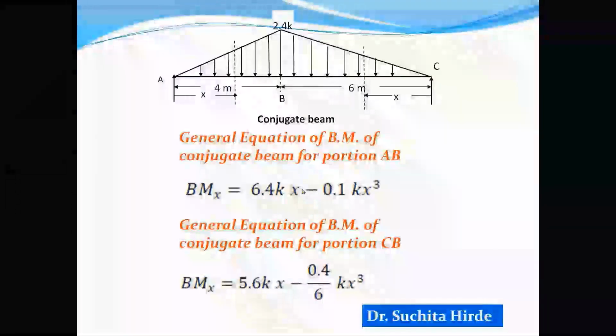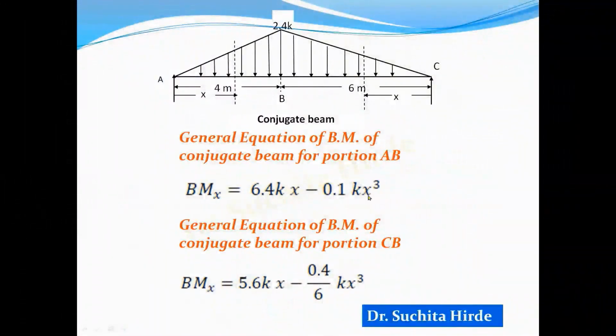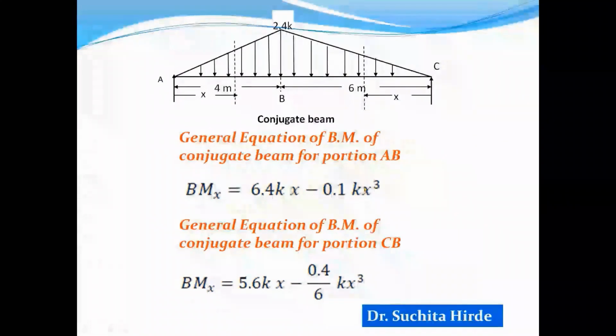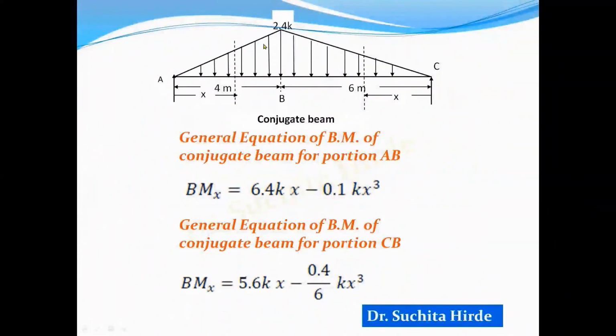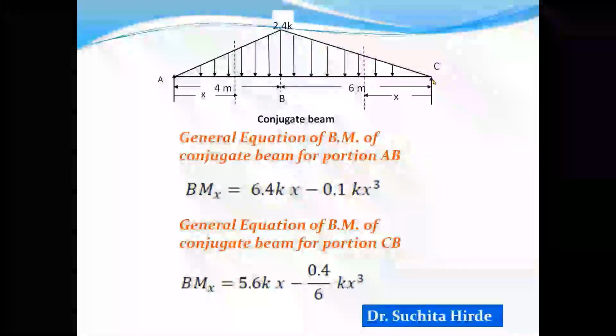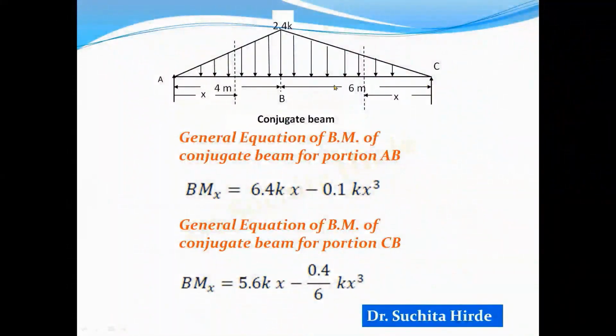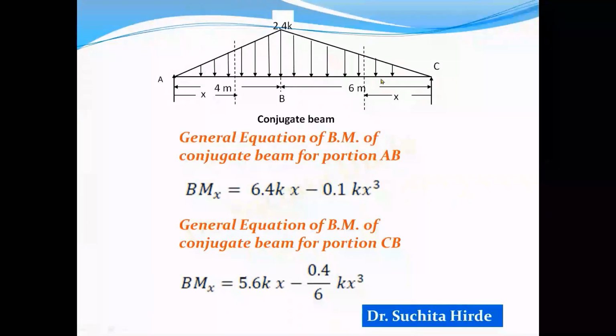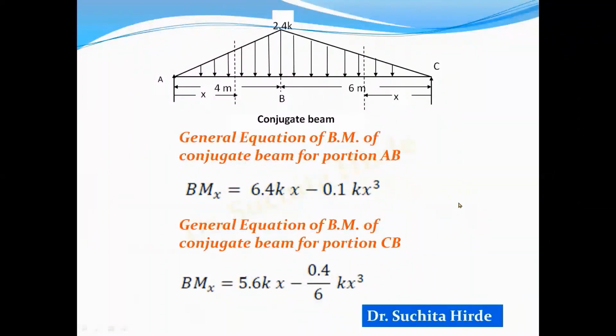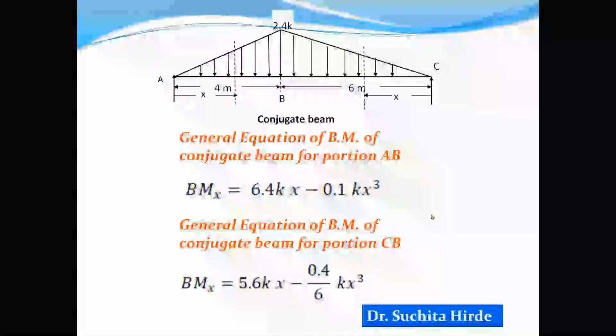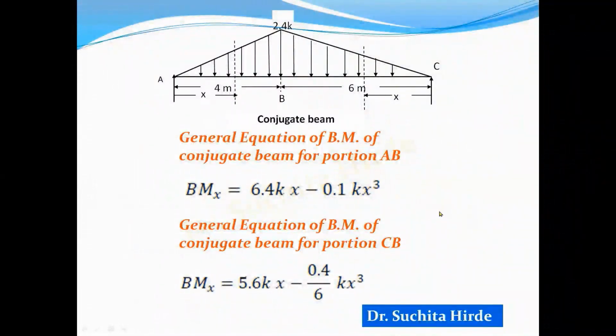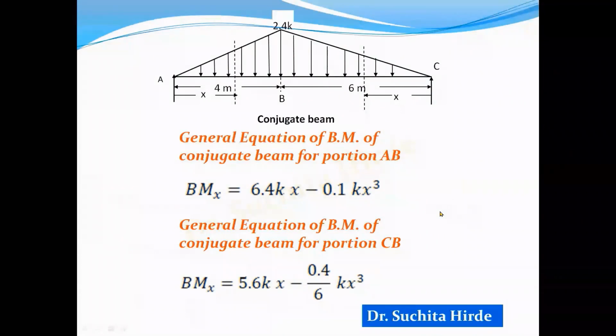Now what we are going to do? We are going to just substitute the value of x. If you substitute value of x as 1 meter, 2 meter, 3 meter, 4 meter, you will get ordinates here. Then in this equation, remember that distance is measured from C. So for this point, you have to measure from this and substitute value of x, you will get ordinate on this side. So instead of calculating for each value, we solve this in tabular form. So let us see how we can solve this in tabular form.